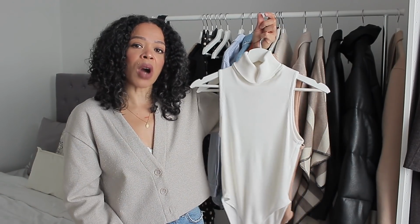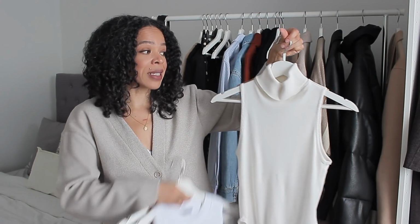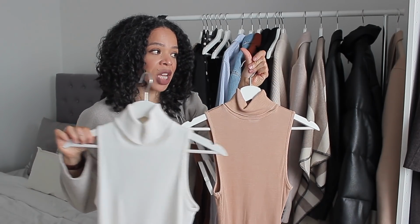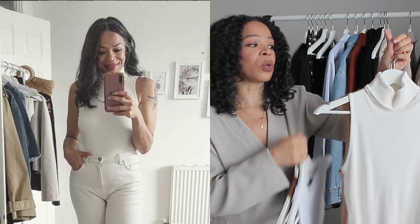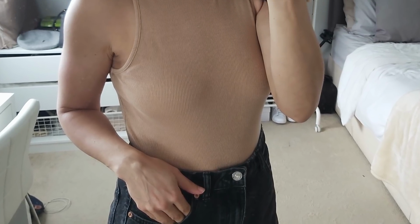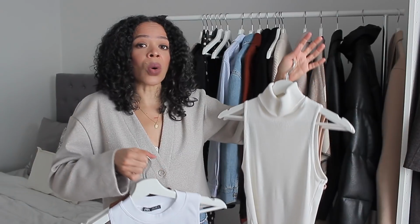The next two are two bodysuits made of cotton as well, and I got them both in size medium. I have an off-white shade and a beigey shade. These are shades that are so good for my wardrobe because not only are they neutral, they just go with everything, and bodysuits definitely keep you warm. Again, these are versatile pieces that you can wear either on their own or underneath a cardigan or a coat,